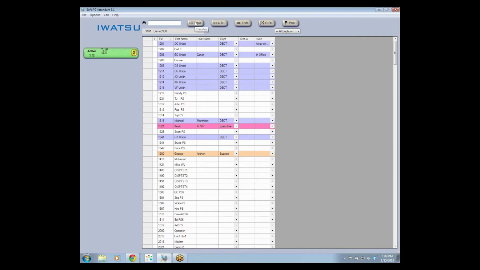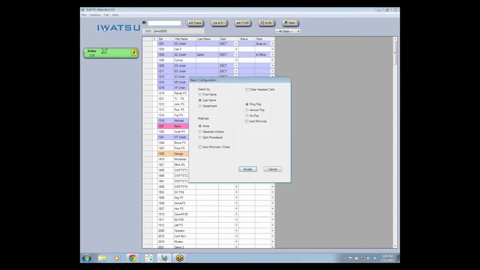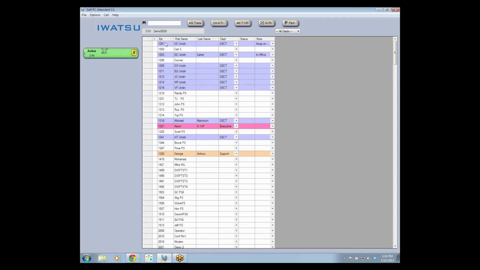Now when I click the transfer key, it's going to transfer to whichever extension is in this gray box. So as you can see here, we're at 3101. It would send it out to this demo extension. Now I can search based on first name or last name and extension. I actually can select that search based on the options, basic configurations. So as you can see here, I also have the ability to search by department, but it's going to be one of those. So if I type